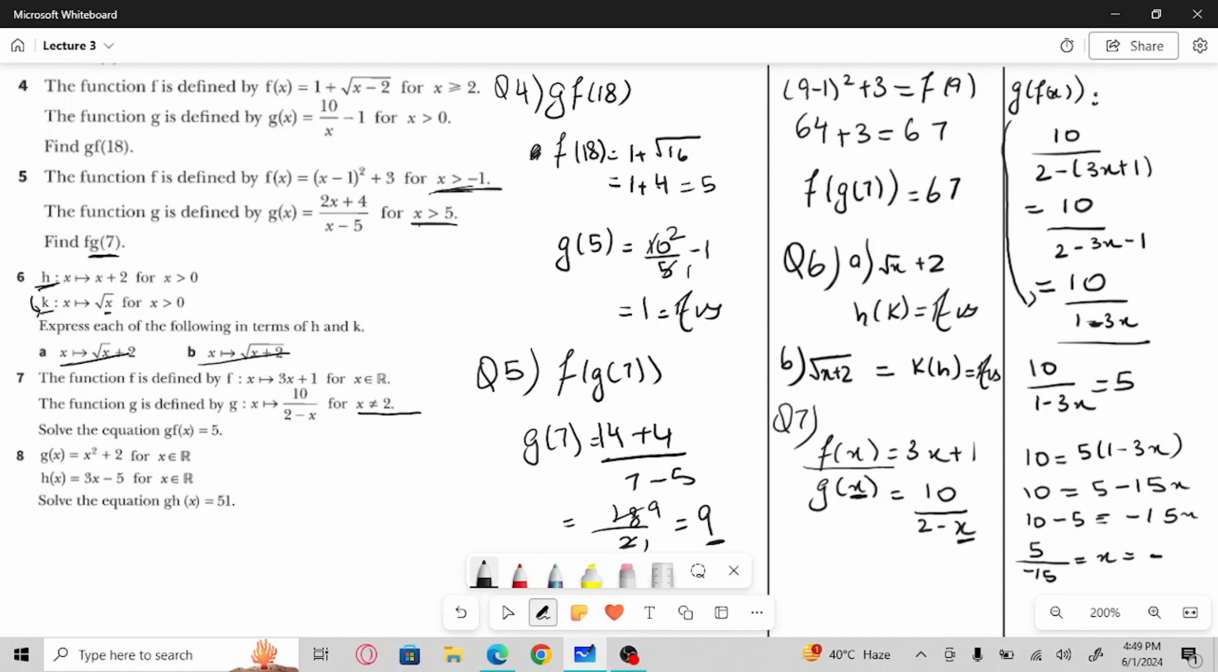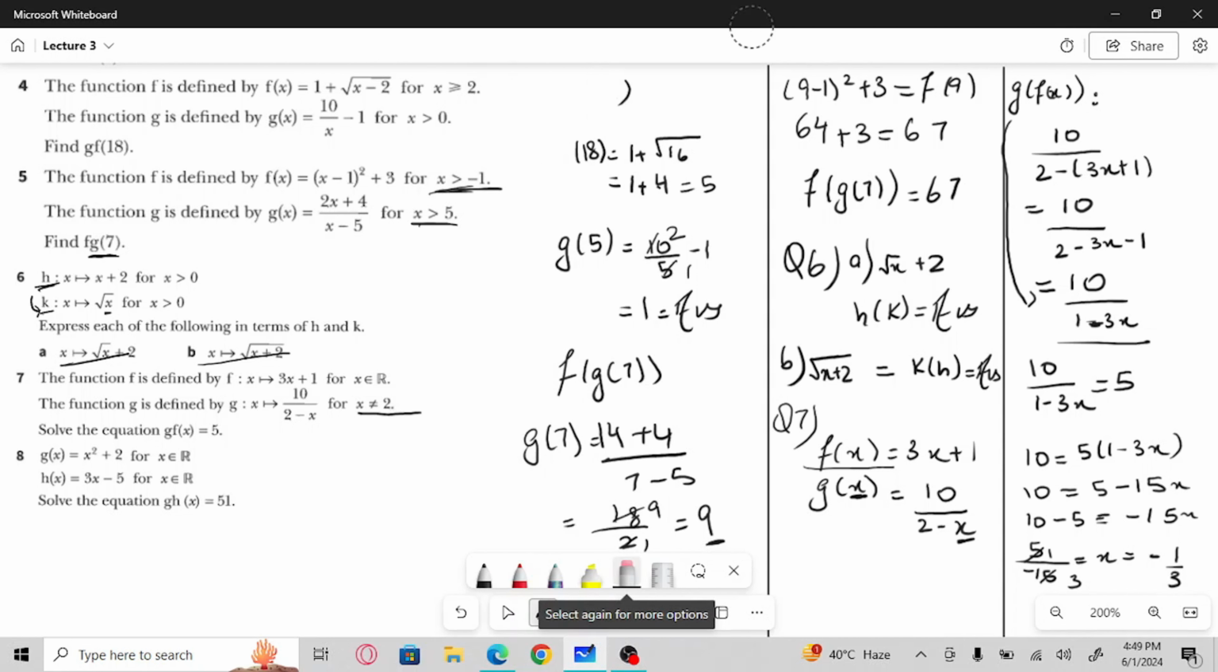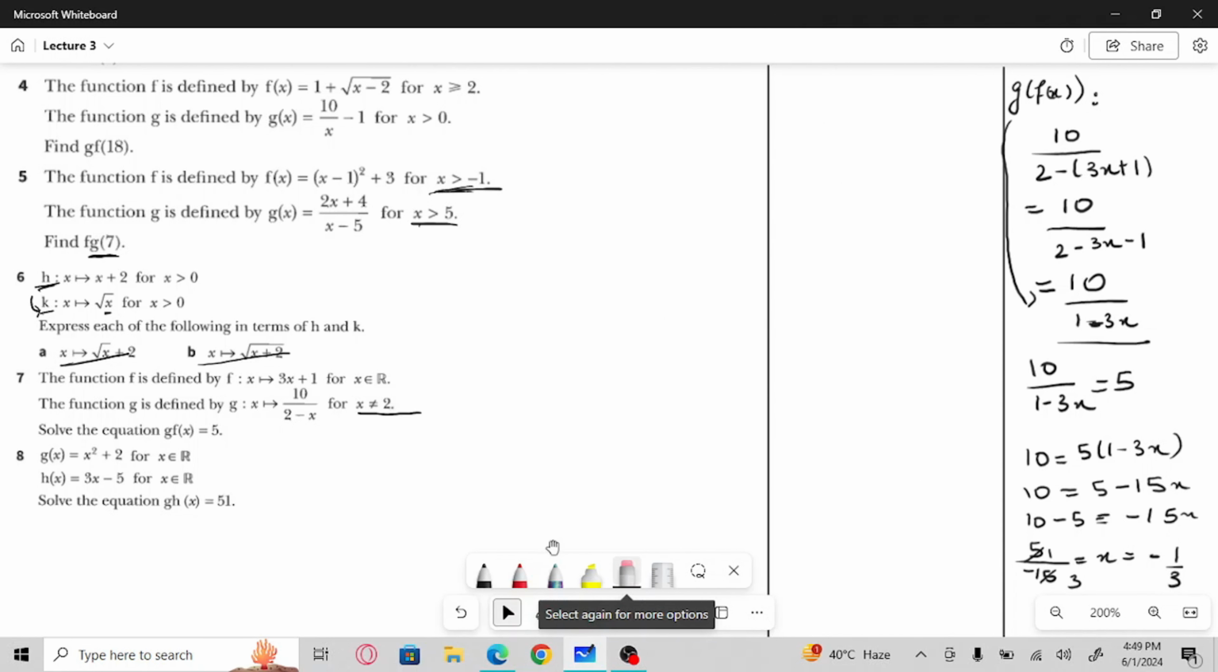So x is equal to negative 1/3, because of 3 and 1. So yeah, that's for question number 7. And let me erase this part so I can do question number 8. Question number 8